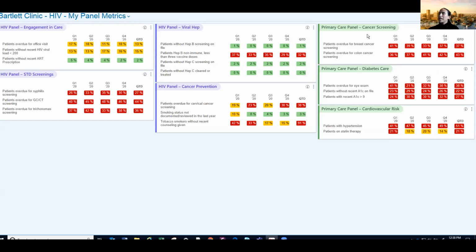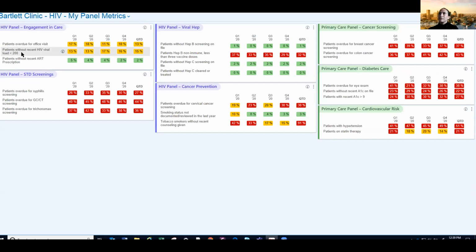For the patients who are on your primary care, the denominator is patients for whom you're on the care team and you're listed as the PCP. So for each category, there's a specific